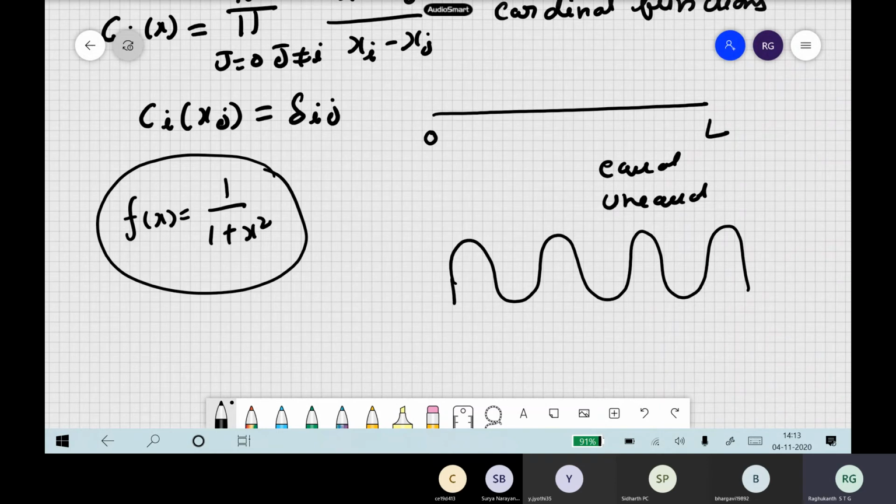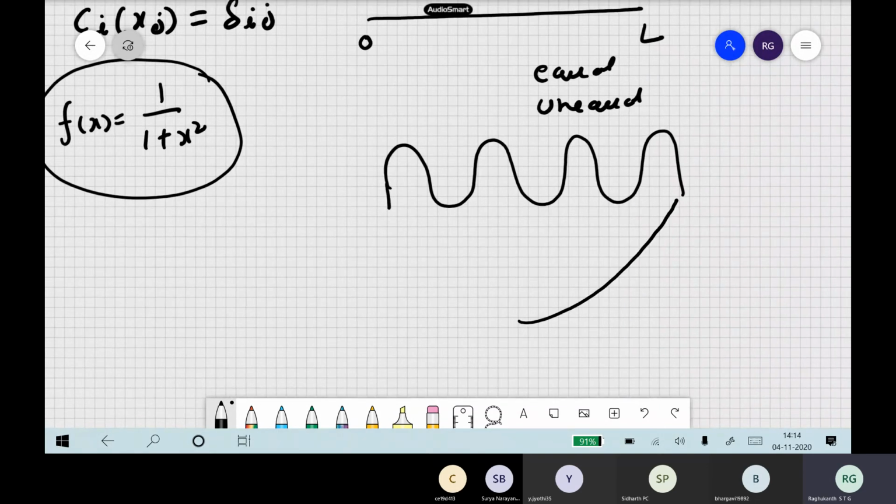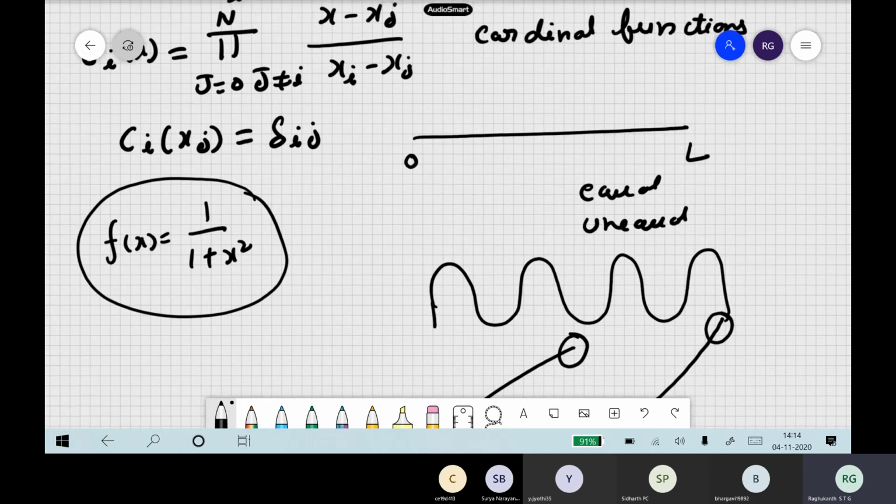Even in the Fourier series expansion we have seen this. I think today Siddharth has sent the assignment. I don't know how many of you plotted this, approximating the Fourier series, where you also have this problem. The errors will be more at the endpoints. So when you are trying to interpolate these types of functions, what type of grid should you use?